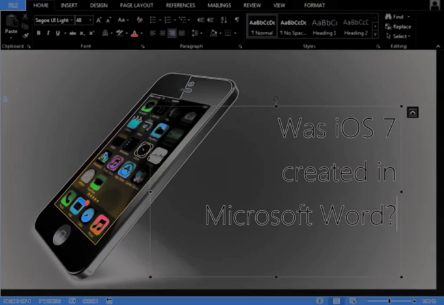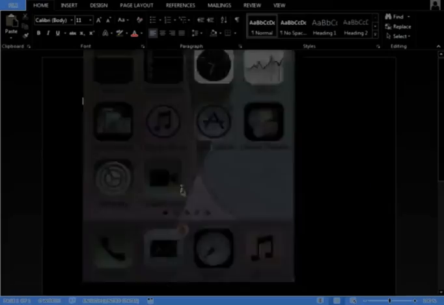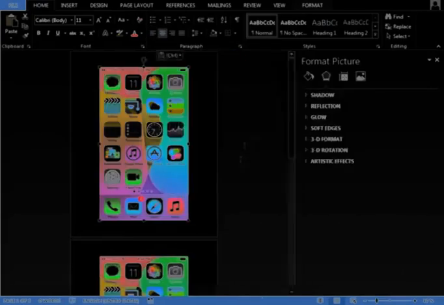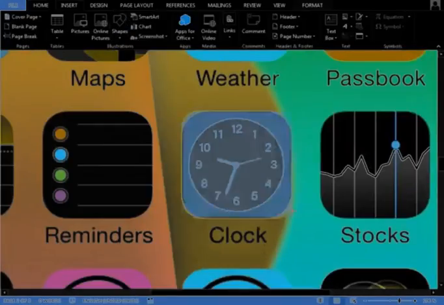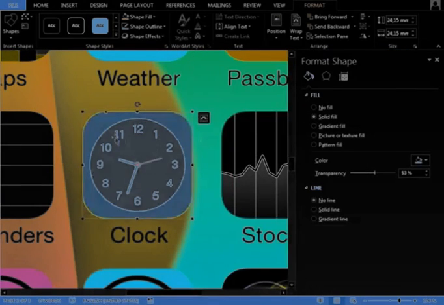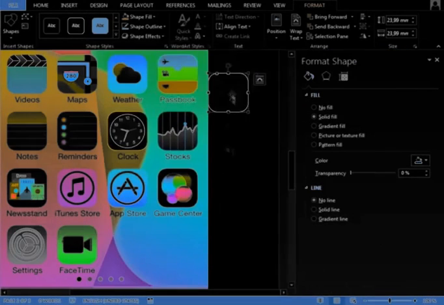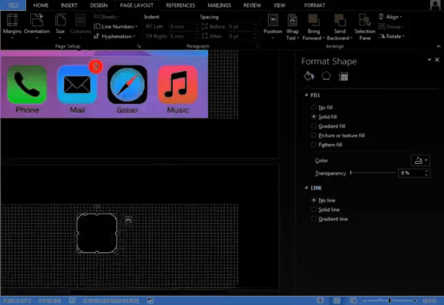So, let's get started. We'll start with some screenshots from the internet which we could paste into Word, and continue with this base shape for all the icons, which would be this rounded rectangle, and it might be a good idea to make it in the size that it fits the grid properly so we can save some time